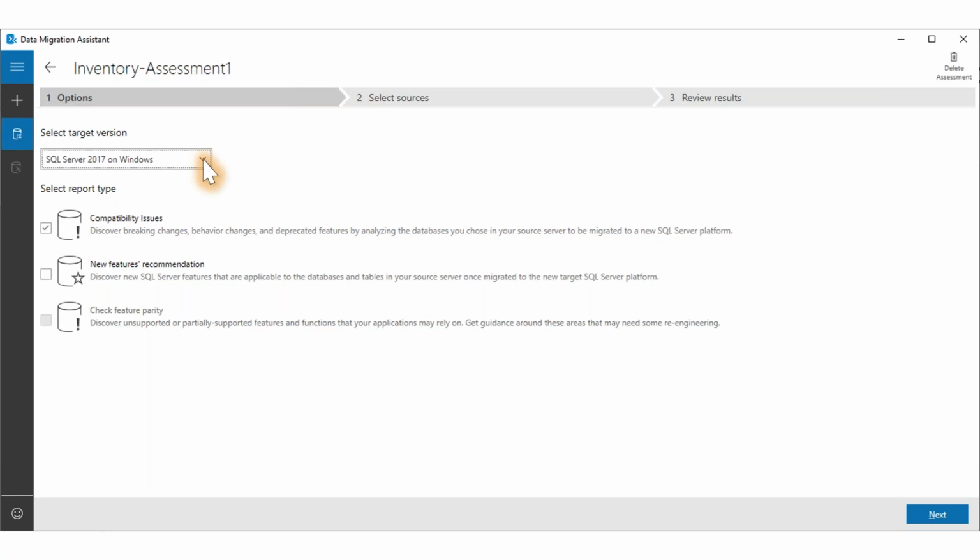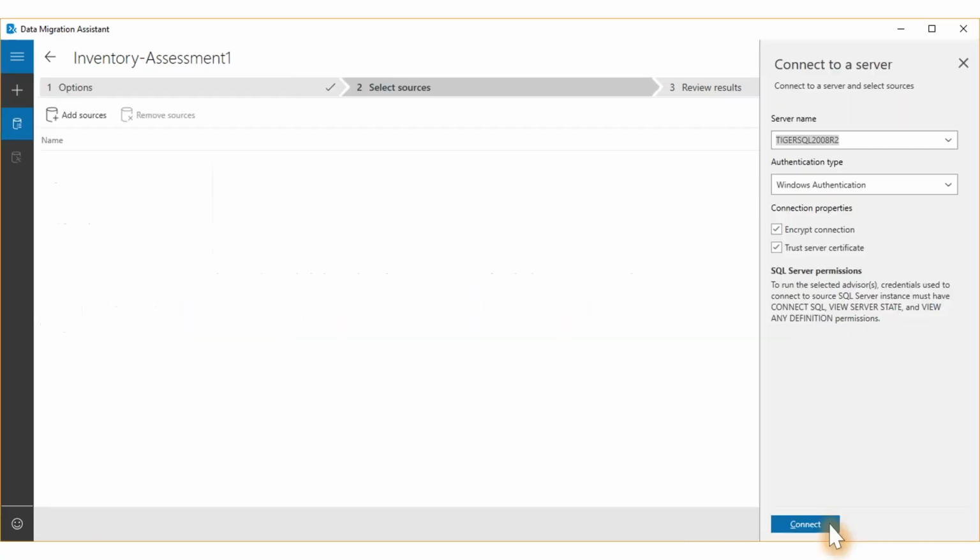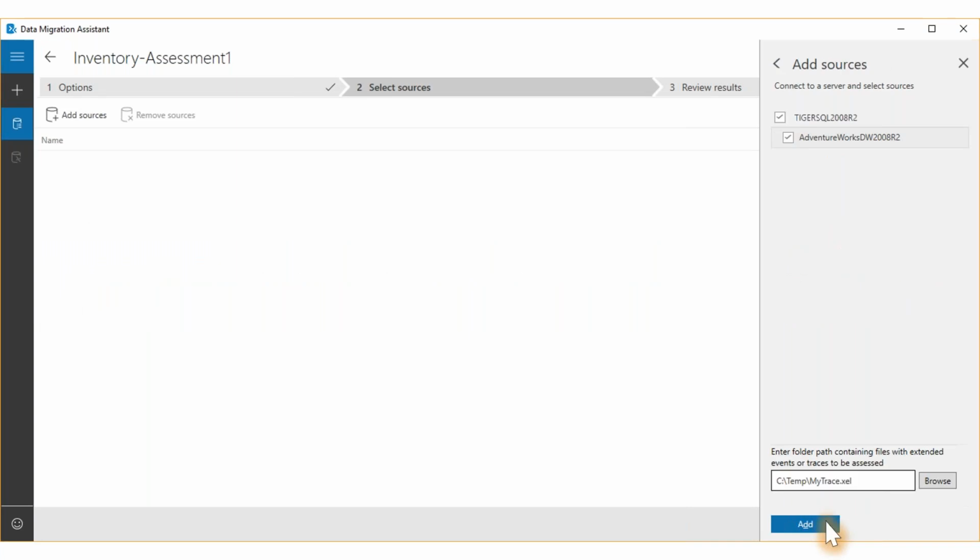Clicking next. Oh, by the way, I could select the target version here because I chose SQL Server. Then I can choose these SQL Server versions as a target. And obviously, I only have the supported versions right now, so SQL 2012 and above. After I select the target version, I need to connect to my source instance. In this case, it's a SQL 2008 R2 instance. And once I connect, I choose the database, and notice there in the